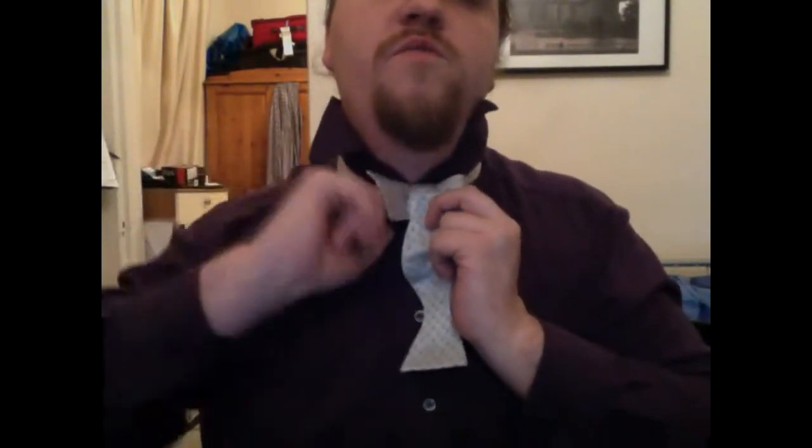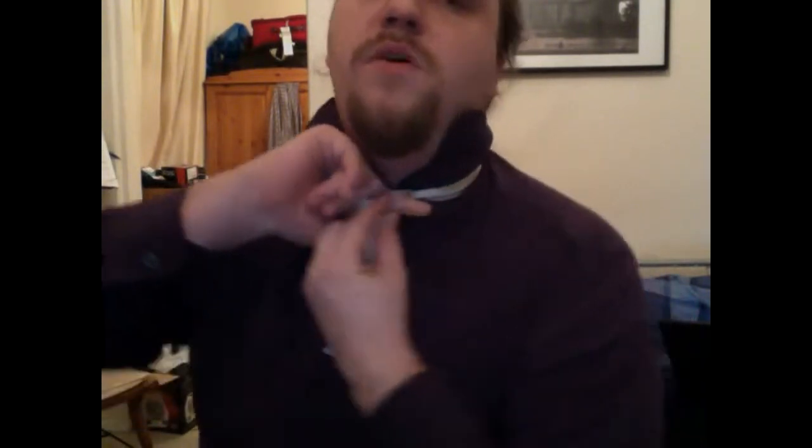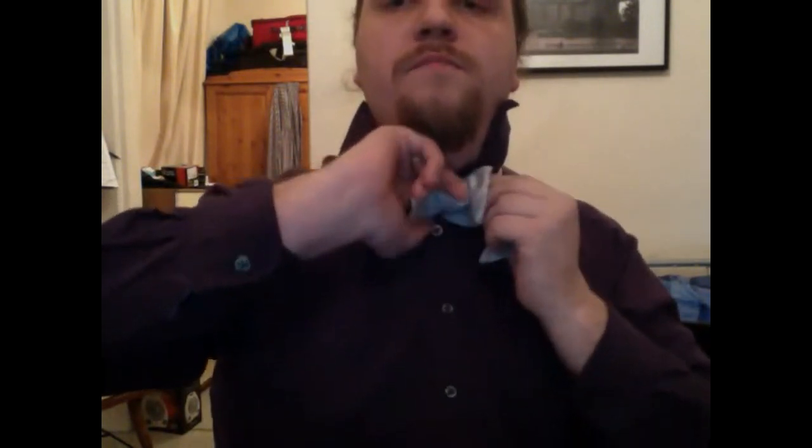Now put this to one side, we'll ignore that. The other one we fold over on itself. First one goes down over. Now here's a bit of a fiddly bit. I'm going to take my finger and shove it through the entire tie back here until it pokes out on the other side. And then I'm going to take this part that I folded down and push it up behind so I can get hold of it with a finger and pull it